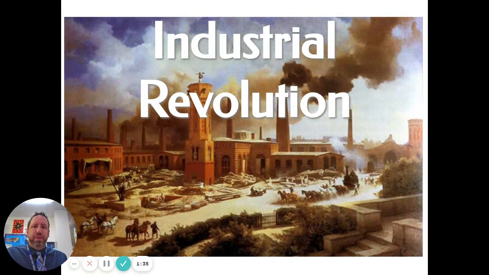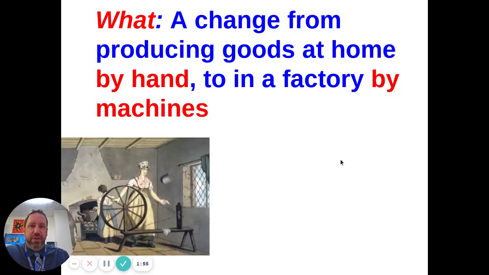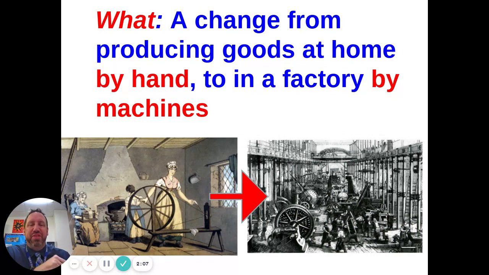So, with the Industrial Revolution, a quick recap in case you don't remember from two years ago in sixth grade, which is fine. Essentially, what's happening is we are changing how things are made. So instead of things being made by hand, at home, by people, we're now building factories where machines are going to be producing goods. So in this example here, the mom at home spinning wool or linen to create clothing for the family to wear, versus now this is being done in a factory on a mass scale to mass produce larger quantities of clothing for people to go out and buy. That's essentially the change that's happening here.